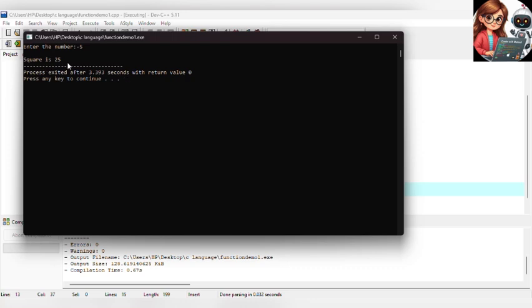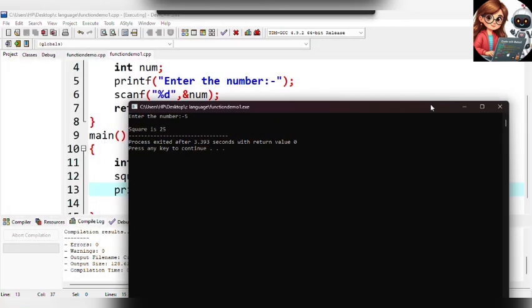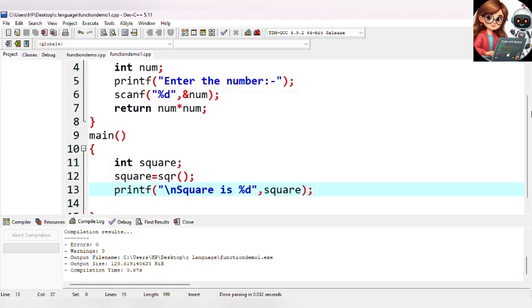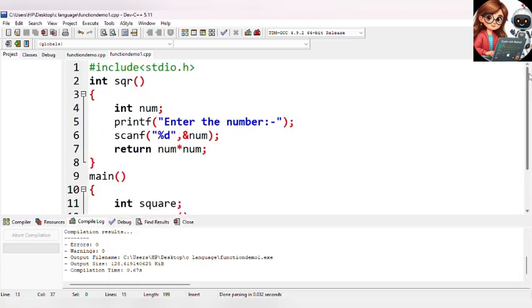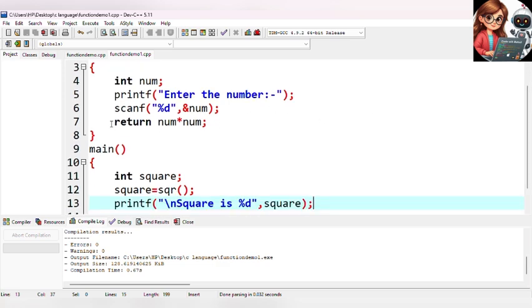See, square is here. So basically in this code we haven't done much. Simply, instead of void, we have used int here, and that's it, and here return comes. Okay, here we are just declaring and here we are executing.